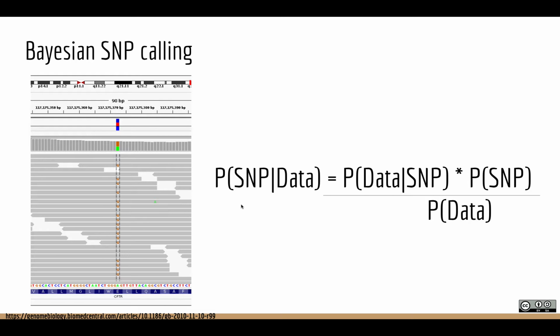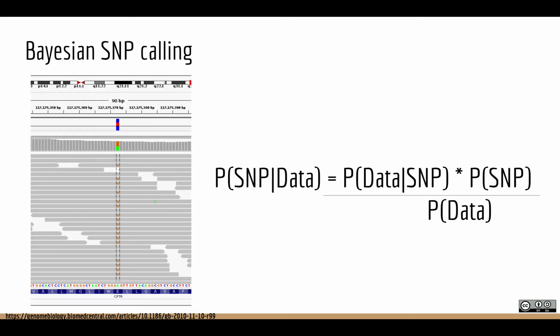So let's talk about that in a little bit more detail. We can leverage Bayes' theorem to flip this probability around, and we can say, well, what's the probability of seeing that data, the exact data at this position, given that there is a SNP? And I think in this case, it's almost a little more intuitive to think about it as, well, what's the probability of seeing that data if there's not a SNP? Which is just 1 minus the probability that there is a SNP, right? Because